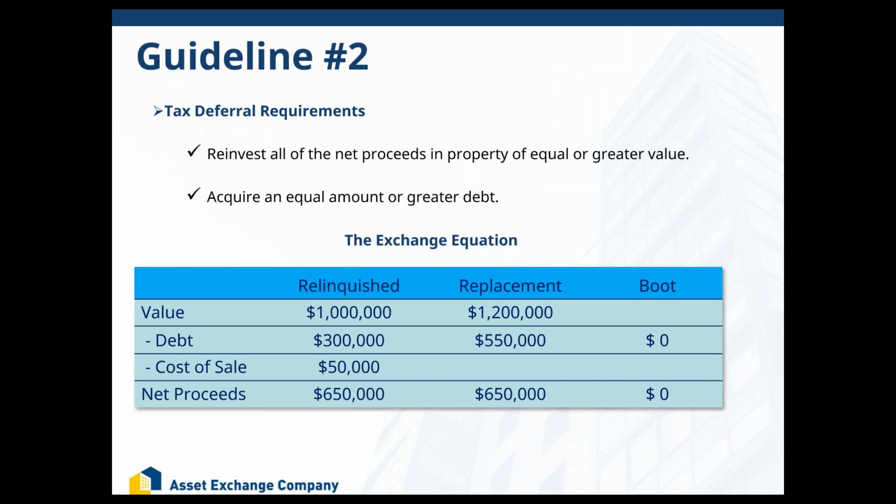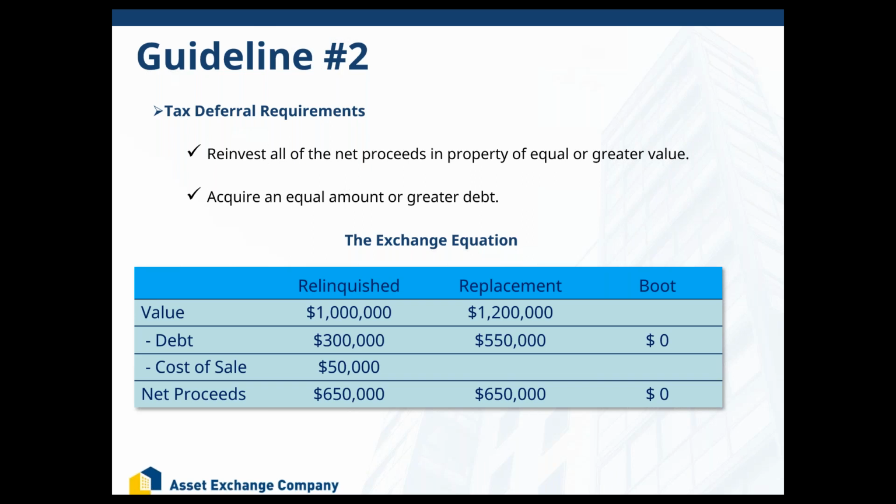So we'll take that $1 million sales price, we'll deduct out the payoff amount of $300,000. Now, we have some cost of sales associated with the closing. Let's just say that's $50,000. That's going to be like real estate commissions, title insurance, closing fees, some of those non-recurring type of fees. Again, let's just say that's $50,000. So we'll take out that $50,000, and then that's going to give us net proceeds of